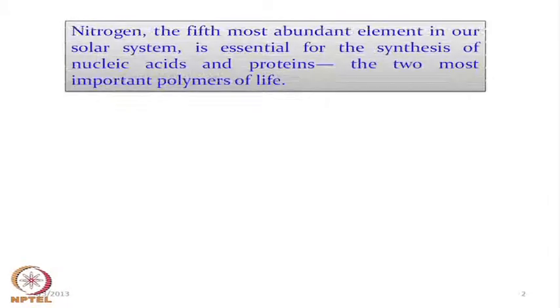So, if we just simply consider nitrogen, it is very much abundant in the atmosphere, and it is the fifth most abundant element in our solar system. Wherever we go, we get the oxygen, we get the silicates, we get the other important elements, but nitrogen is everywhere, and it is therefore essential for some basic components. Why nitrogen is so important and why we should all know at least some of the basic reactions where bioinorganic chemistry can take some important role to play.